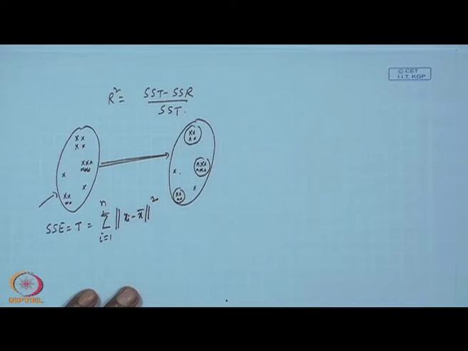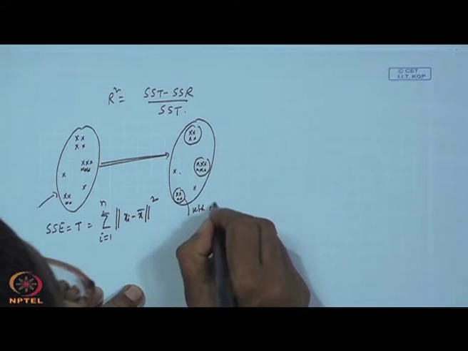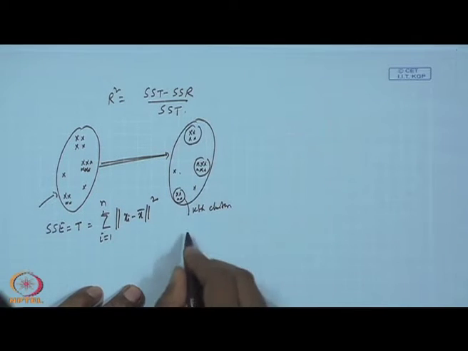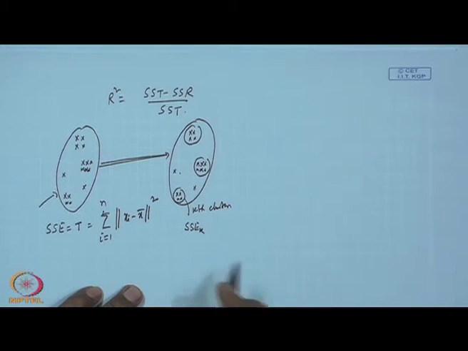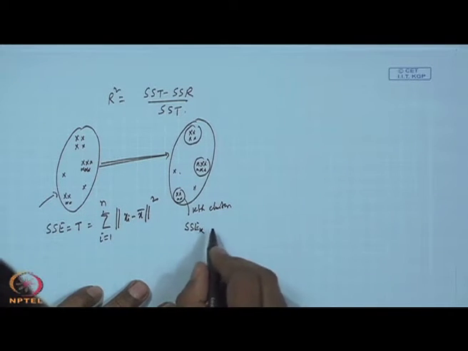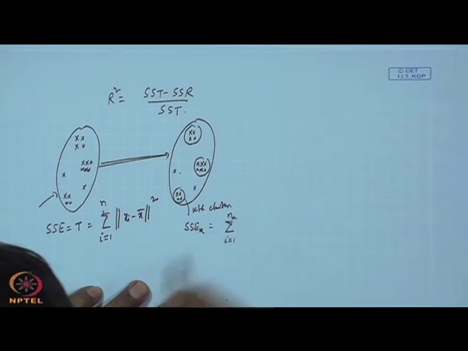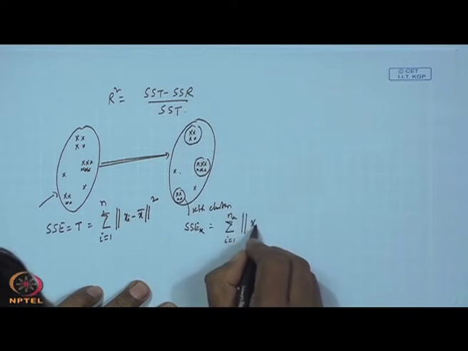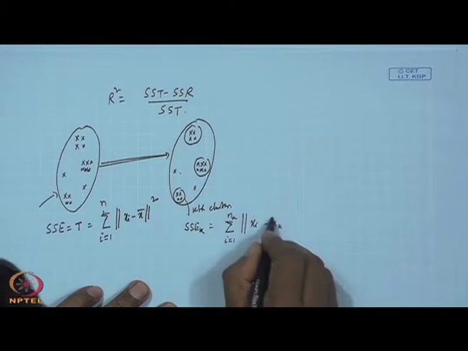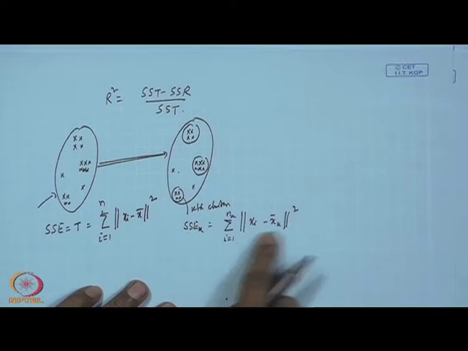One, two, three, four, 5 clusters. So k clusters. Suppose this is the kth cluster. Then I want to know what is the SSE for this kth cluster. My SSE for this cluster will be the sum total of i equal to 1 to nk, the number of items there, of xi minus xk bar, or you can write xik minus xk bar here.